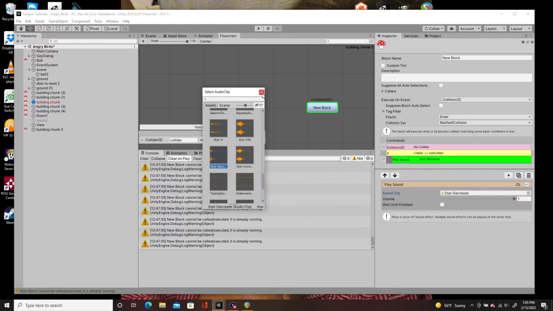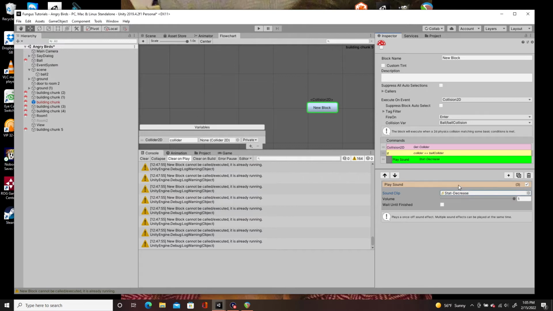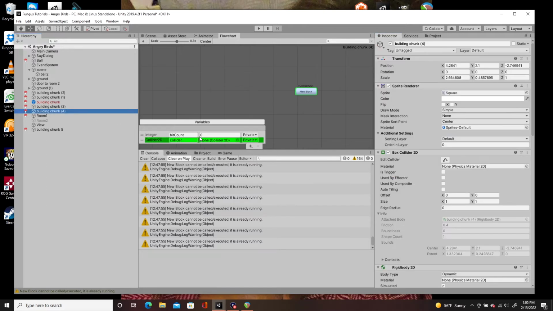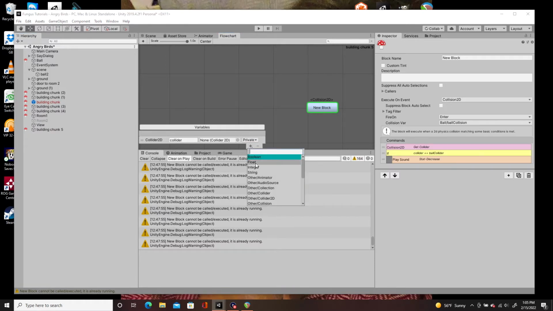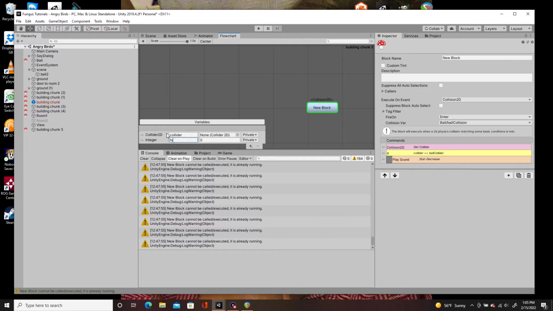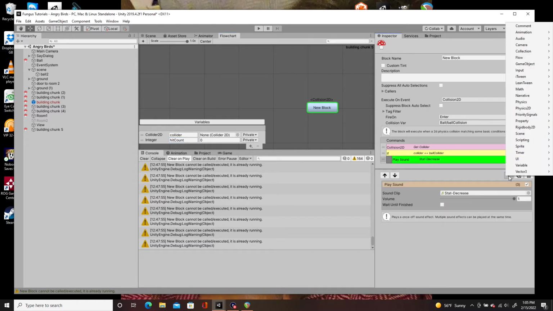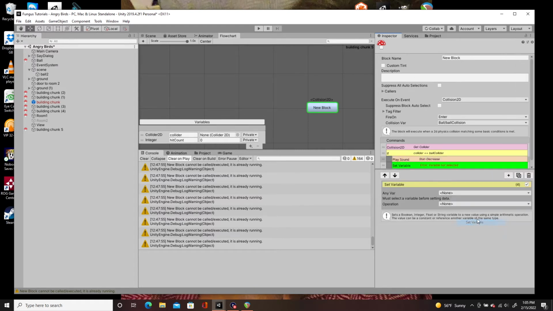I'm just going to put in a random sound effect from the ones that came with Fungus. As you can see with these other building chunks, I measured how many times you have hit the building chunk with your ball. And so I'm going to go ahead and add an integer variable and name it hit count. If the hit count reaches 1 on all of the building chunks, then you can go to the next level or something. So we are going to say if it collides, then we want to set variable hit count, and we are going to add 1. Plus equals 1 is just adding 1 to the hit count variable every time